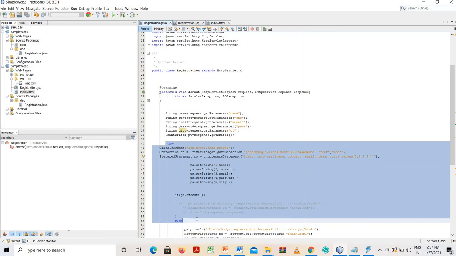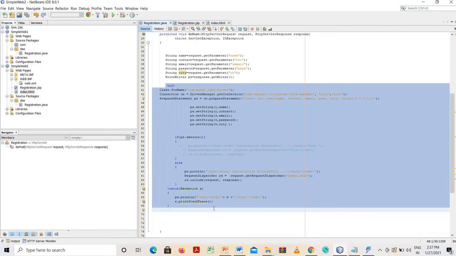This is a try catch block we have used here. What is the use of this try catch block? The use of try catch block is whenever you perform any operation and there are some chances to get an exception. For example, suppose you are doing some mathematical operation, you are requesting two numbers from the user, performing the division operation and displaying the output. In that case suppose the first number entered by the user is 4, the second number is 2, so 4 divided by 2 you will display the output as 2.